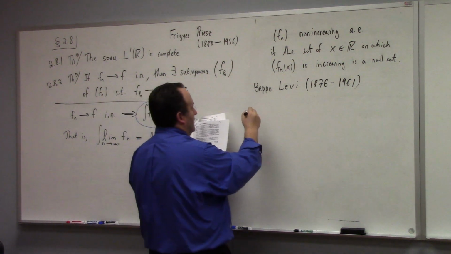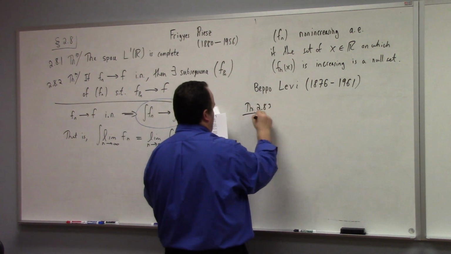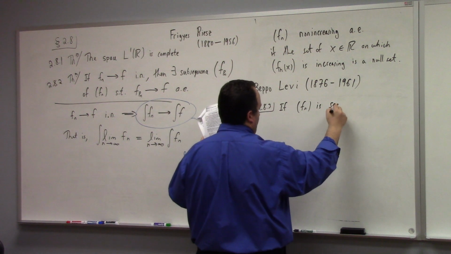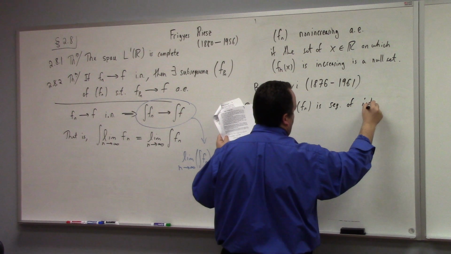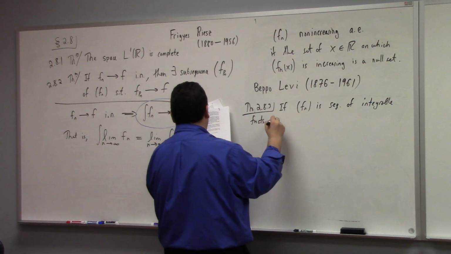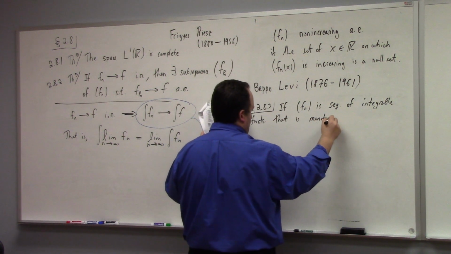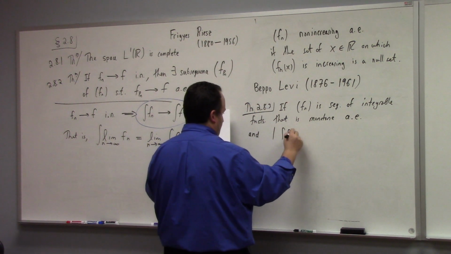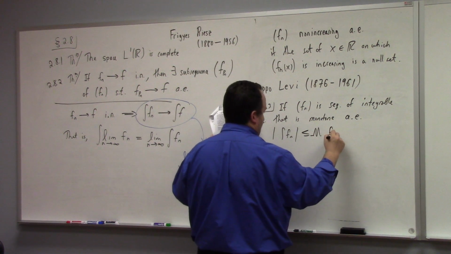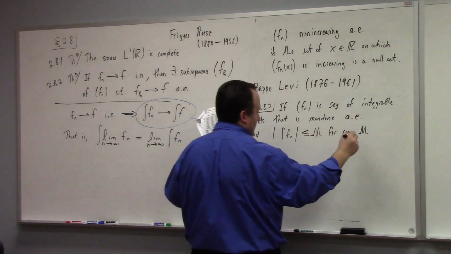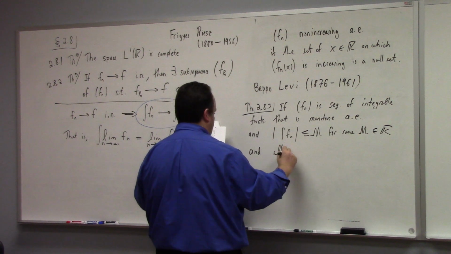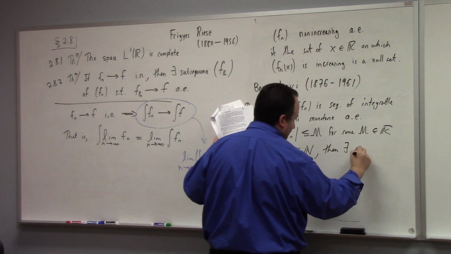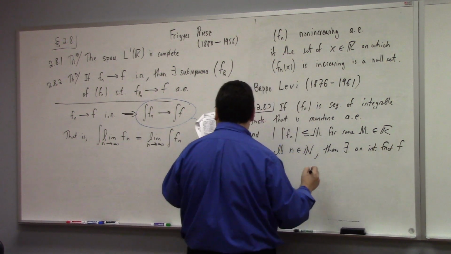All right, so here it is, theorem 2.83. If Fn is a sequence of integrable functions that is monotone almost everywhere, and the absolute value of the integral of fn is less than or equal to m for some constant m in the reals, and all n in the natural numbers, then there exists an integrable function f such that